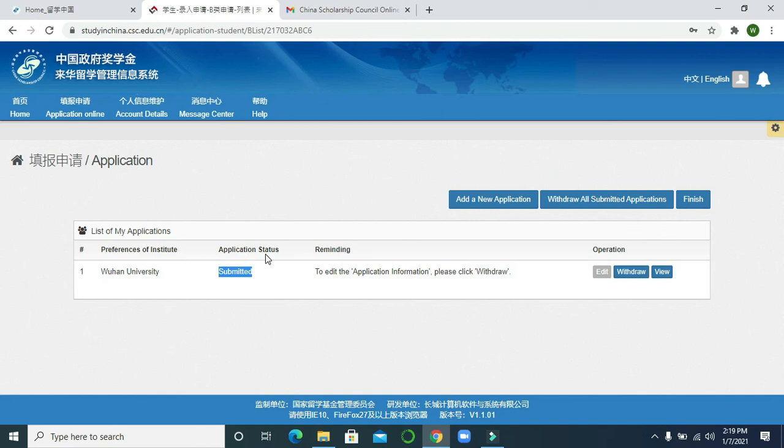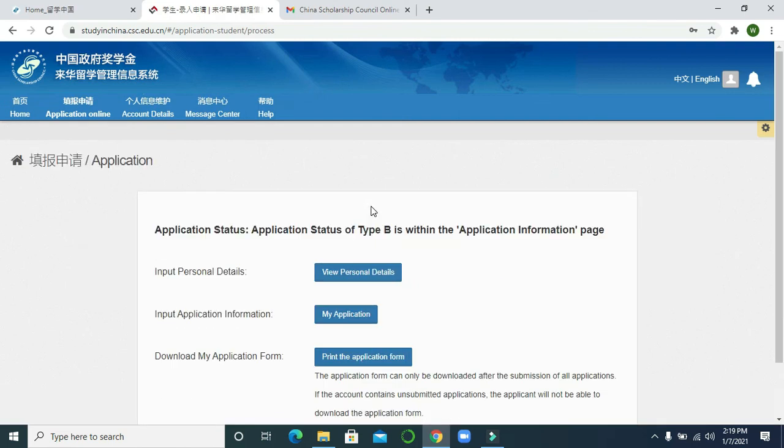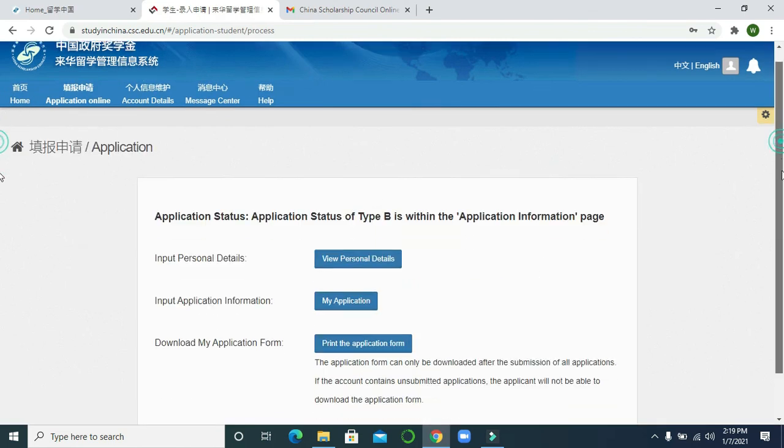You can see the application status, it will change according to your application process, like under review or in progress, something like that.